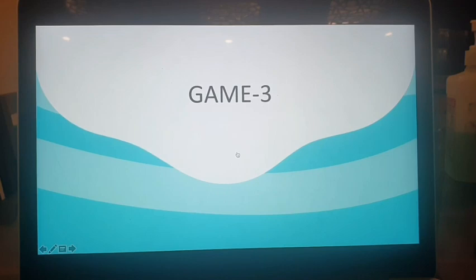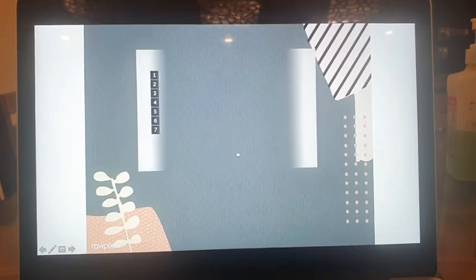So the next game which students can play is word search. In the word search, you have to create the columns depending upon the terminology of the chapter. And they have to think of the words. You have to give the hints. You can jumble the words and provide them as a hint.